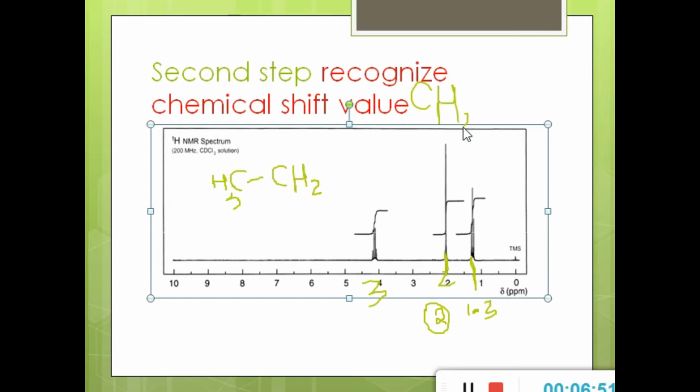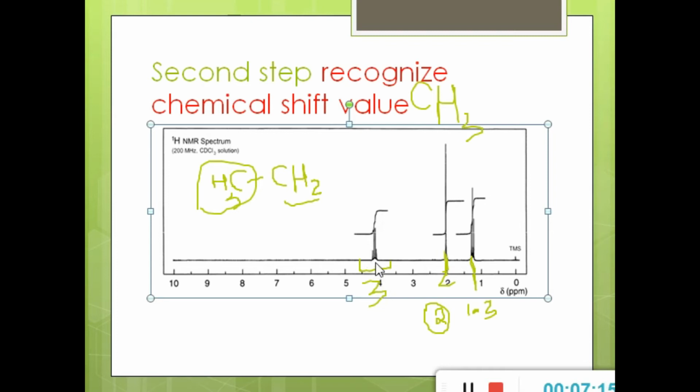So our first peak is due to the methyl group. This is only due to the methyl group that is attached with the methylene group, and the second peak is due to the methyl group that does not have any hydrogen in its neighbor. And our third peak is a triplet, as you can see clearly, and of course the integration value is given. I will talk about it later.